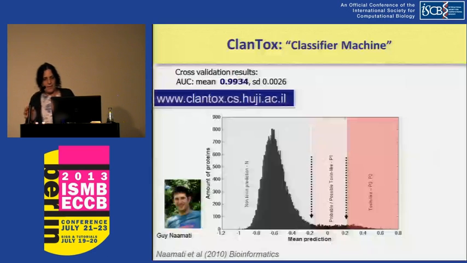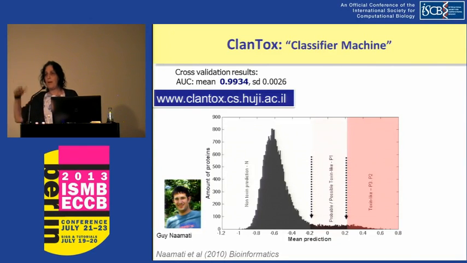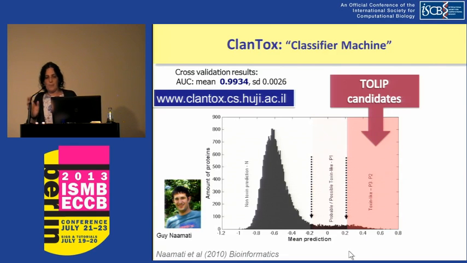Okay. So we developed this machine that we called ClanTox, for classifier of animal toxin proteins. You can see in this scheme the result of one test in which you take all short proteins in the Swiss-Prot, and you see that the big hill there consists of all the negative results, and at the very tip you can see a tail that is associated with highly predicted ones. We call them candidates because we don't know yet, but they are TOLIP candidates.